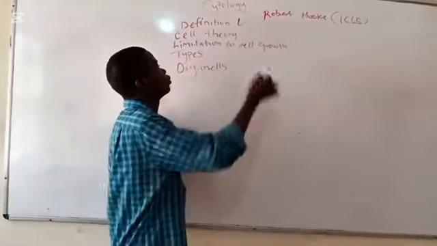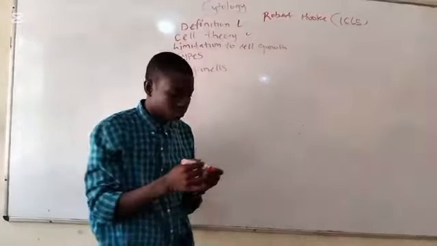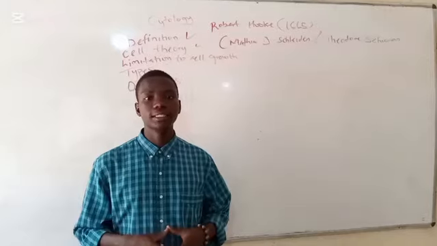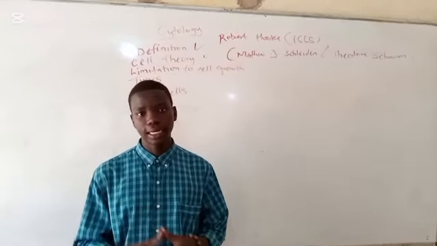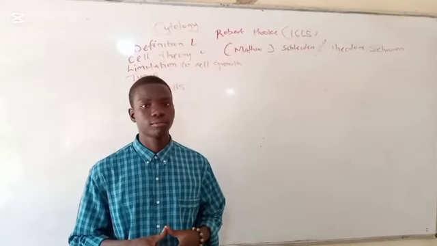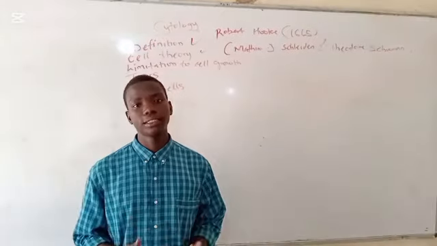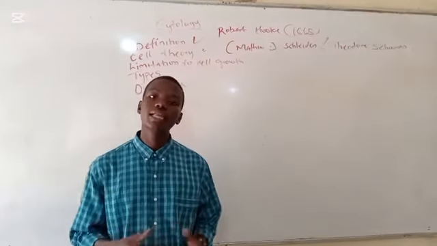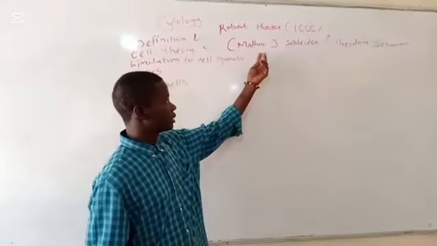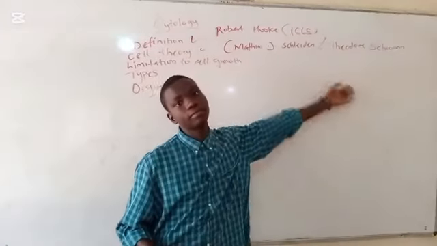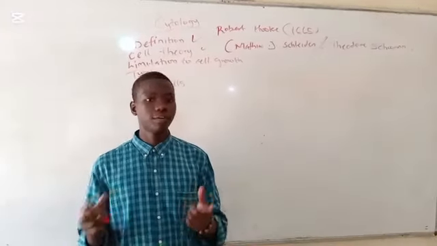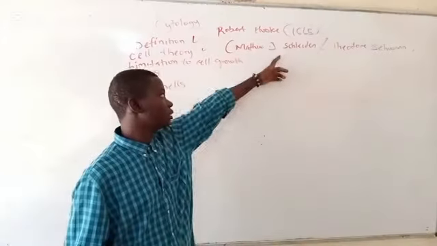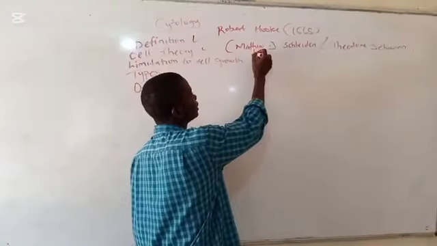And now moving on to cell theory. Now, the cell theory was proposed in the year 1838 by Matthias Jacob Schleiden and Theodor Schwann. Now, these were the two scientists that proposed the cell theory. Now, in the early 1800s, both Matthias Jacob Schleiden and Theodor Schwann made an observation. First, I would like to state that Matthias Jacob Schleiden was a botanist, and